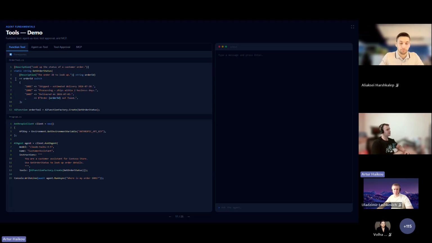And after that, since Microsoft Agent Framework provides a lot of helpers, you can convert your C# function into an AI function with AI function factory create, and assign this function to the tools array.